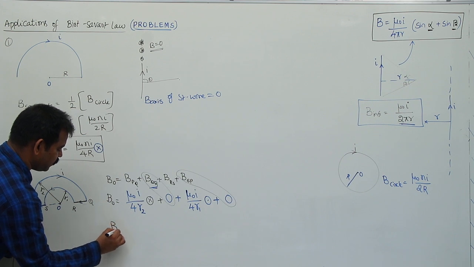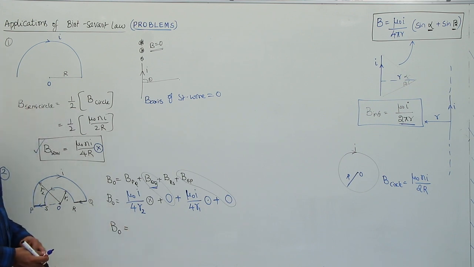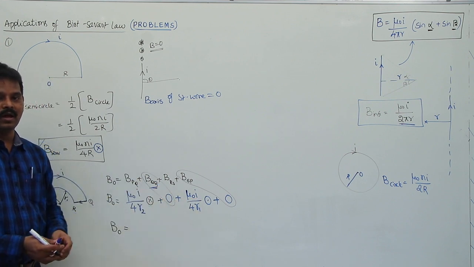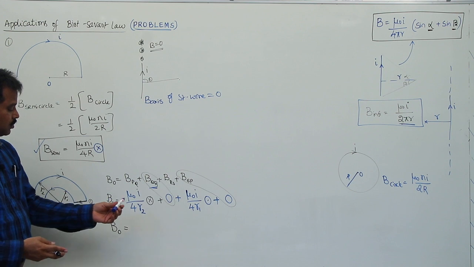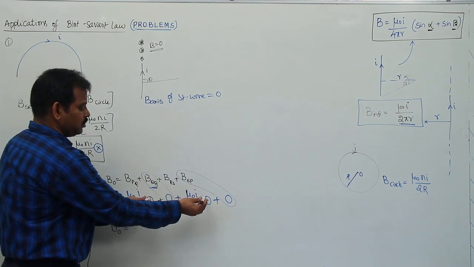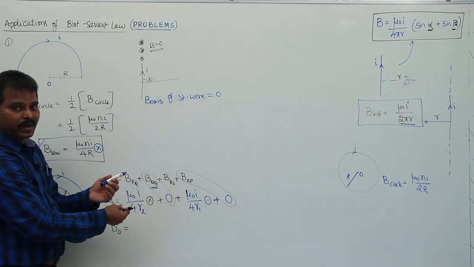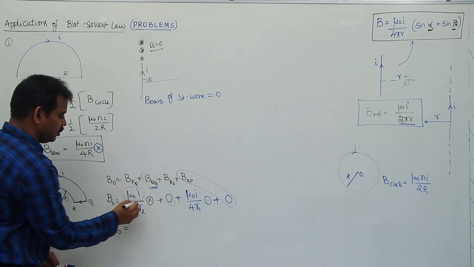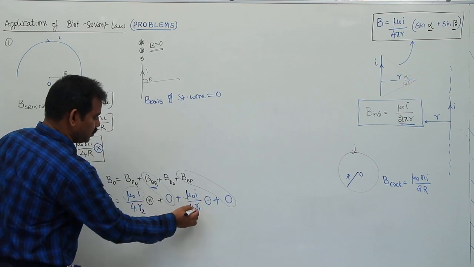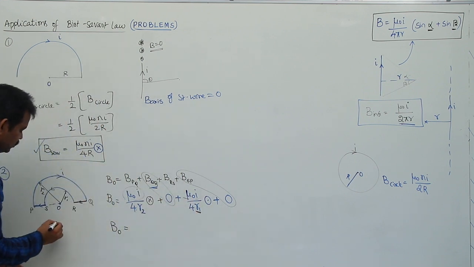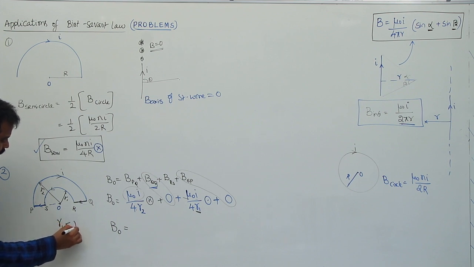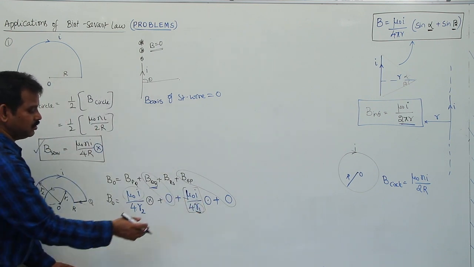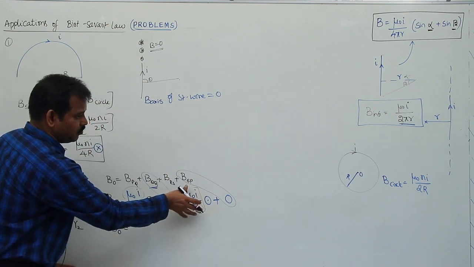So the net magnetic field at O is given by, you can see this is acting inwards, this is acting outwards. Magnetic field is a vector. Two fields are acting inwards and outwards. So here it is acting inwards, here it is acting outwards. So we need to subtract these two. But out of these two, which is bigger? We know that the numerator in these two cases is the same, the denominator is different, but R1 is less than R2. So as R1 is lesser, this value should be more. Why? Because the denominator has a lesser value, so the total value will be more here.